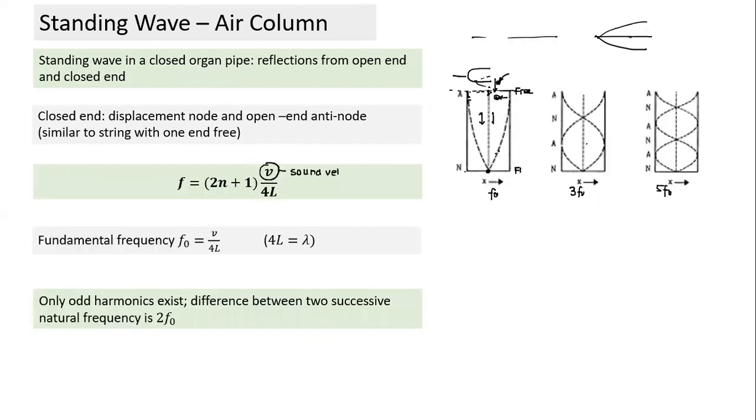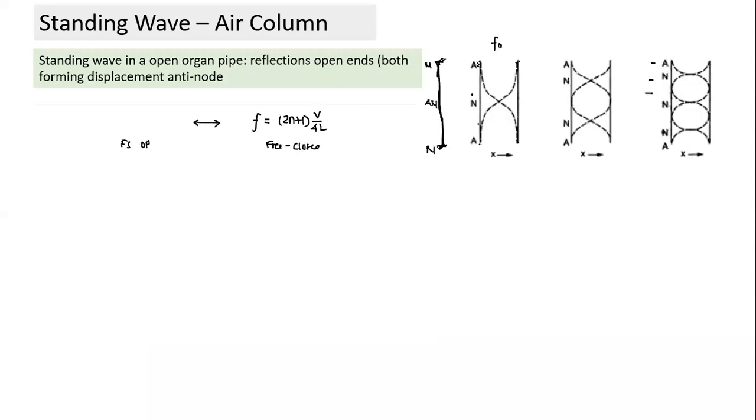And it is open and is an antinode here. The same logic is extended here. This is an antinode here also. Here also it forms a boundary, and it has to be an antinode. It cannot be a node.